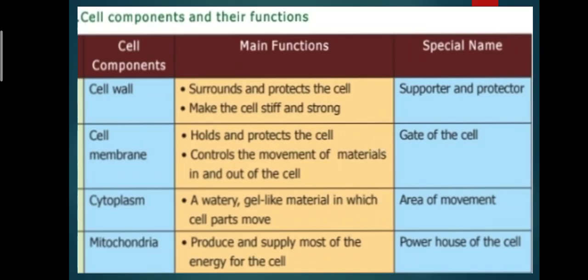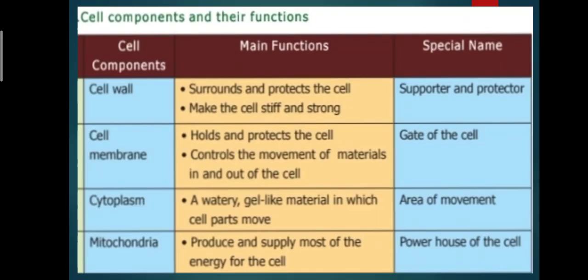Now move on. Cell components. Cell organelles, occurrence, characteristic structure and functions. First one, cell wall. Structure: present only in plant cells. Hard and rigid. Fully permeable. Made up of cellulose in plants and peptidoglycan in bacteria. Function: protection. Gives shape and turgidity.